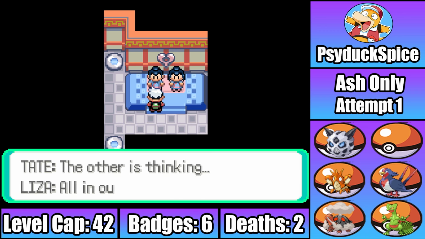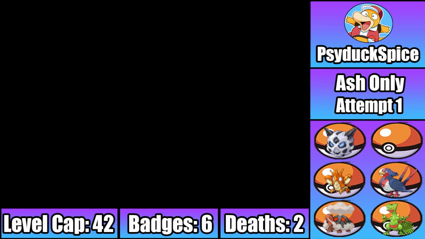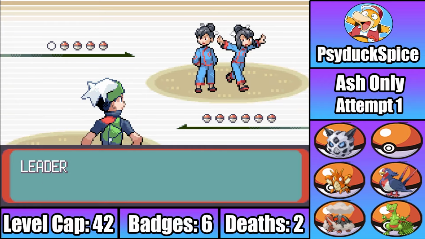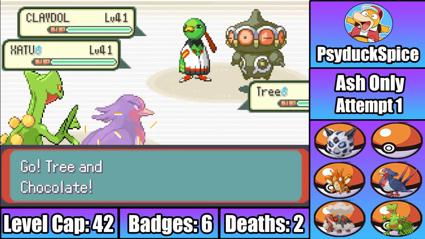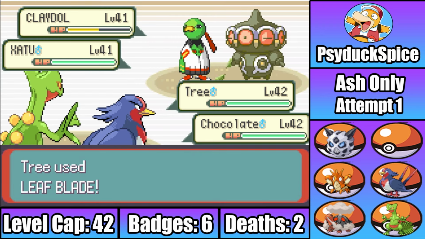against Tate and Liza. Now normally there are a couple of strategies that make this fight a lot easier to deal with, but I have access to a grand total of none of them. Let's hope this goes well then, as Tate and Liza start with Xatu and Claydol, while I start with Tree and Chocolate. I decide my best bet is to be as aggressive as possible, so I double up into the